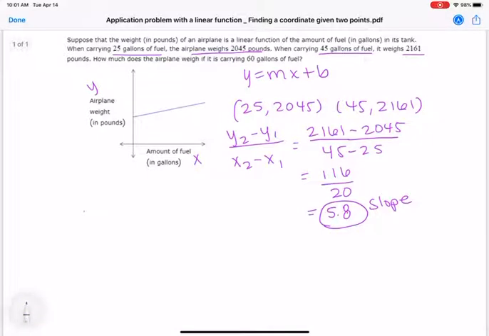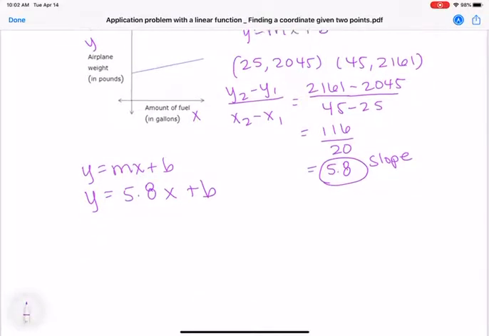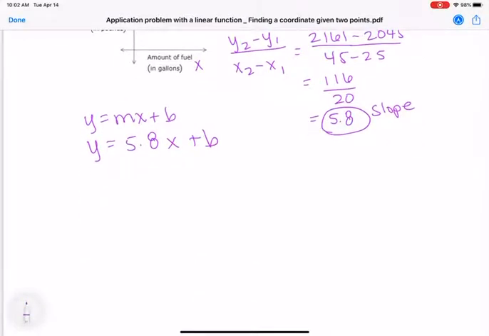Now in our y equals mx plus b, we know that the slope is 5.8, so I'm going to go ahead and put that in there. The next thing to figure out is the b. So we have this x and y in here, so we can just borrow either one of our ordered pairs to find the b. I'm just going to go with the first one. So I'm going to put in